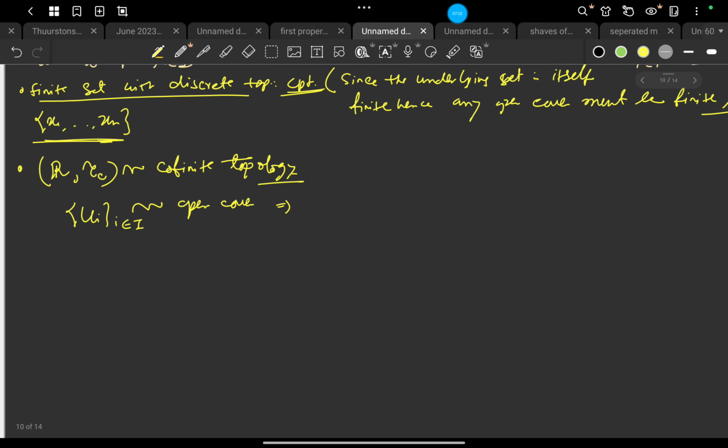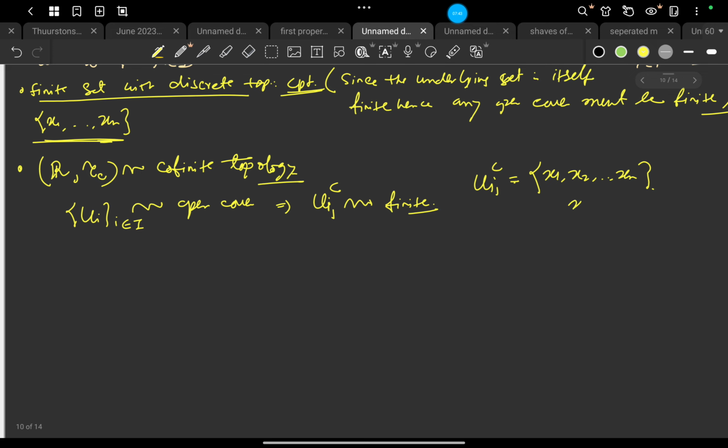So if I take at least one U_i, let's say U_{i1}, then the complement of U_{i1} is finite, right? So the complement of U_{i1} must be of the form x1, x2 up to xn.